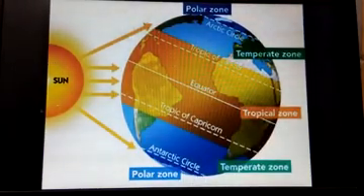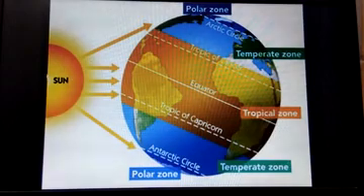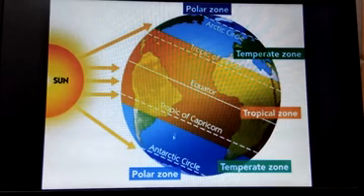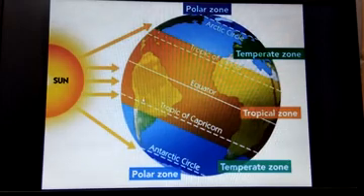Yeah, this is the sun. The sun is fixed, the sun is not rotating, but the earth is rotating. So all that heat and light goes to the middle portion of the earth, from the Tropic of Cancer to the Tropic of Capricorn. The Tropic of Cancer is 23.5 degrees north, the Tropic of Capricorn is 23.5 degrees south. From above to below, you will find the sun rays coming directly between the equator and the Tropic of Cancer, and on the south side, the equator to the Tropic of Capricorn. So this is a very hot zone.